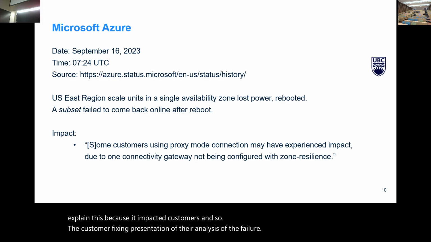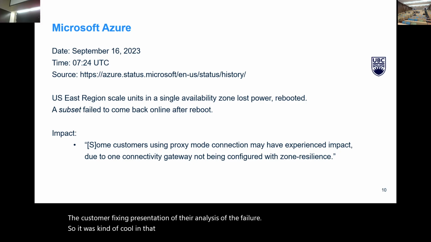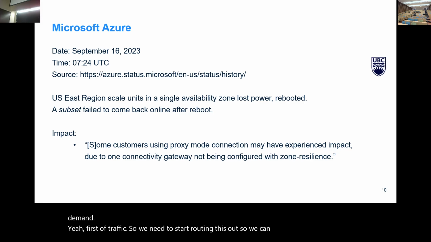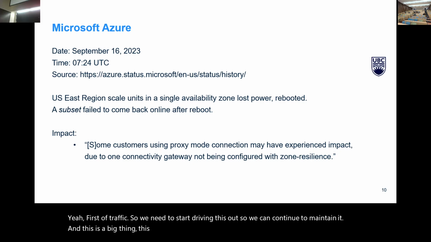So it was kind of cool in that what happened was some scaling units. Now, scaling units are how you deliver more services on demand. So in essence, they become load balancers. That's a scaling unit, right? Oh, we got a burst of traffic, so we need to start routing this out so we can continue to maintain it. And this is a big thing. This dynamic scalability is a huge thing in distributed systems because